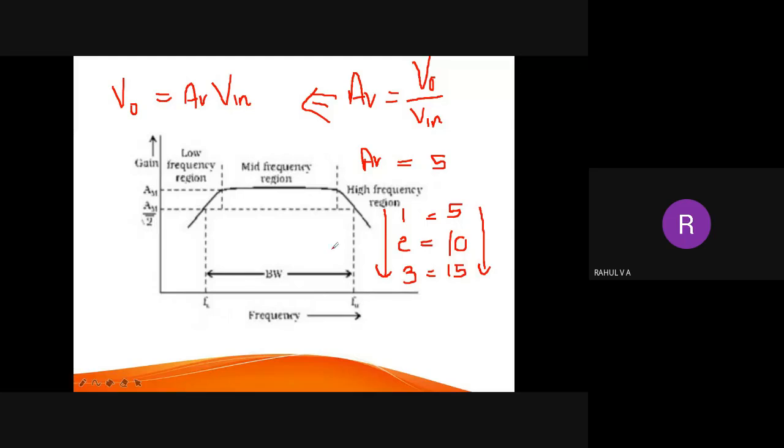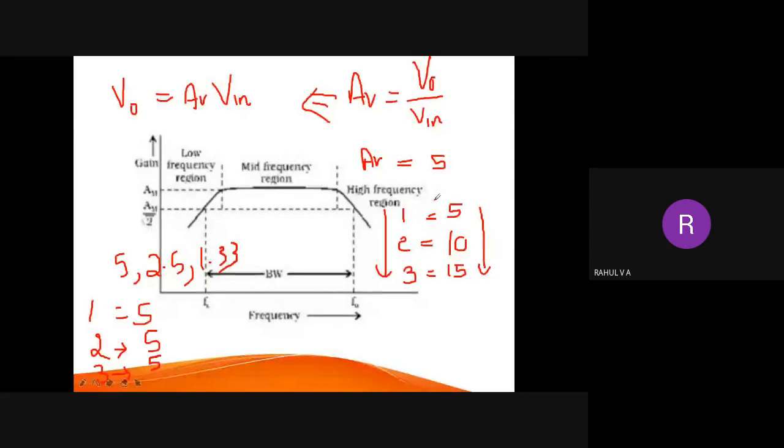Suppose my gain is not constant. Assume that my gain varies. Initially it was 5, so when input was 1 volt, output was 5. Then later the gain changed to 2.5, so when input is 2 volt, you can see that output is still 5. Later, when the input is 3, the gain is 1.33, so again it is 5. You can see that when the input is increasing proportionally, there is no change in the output.